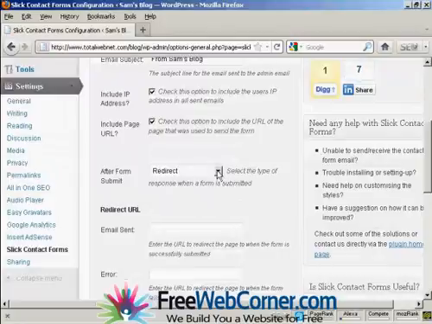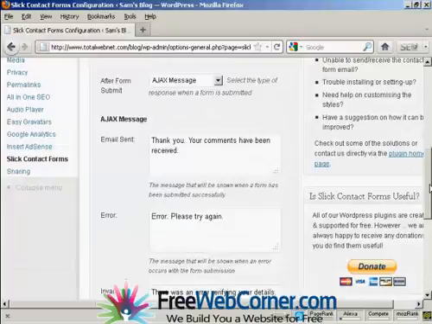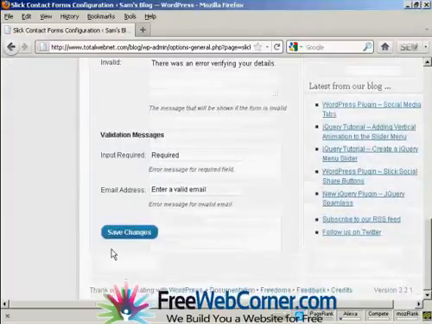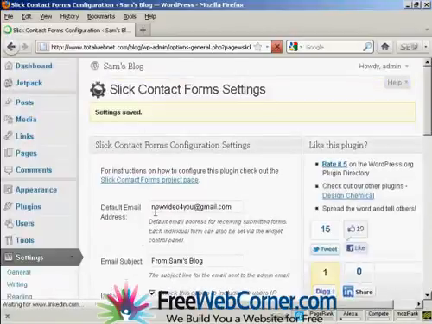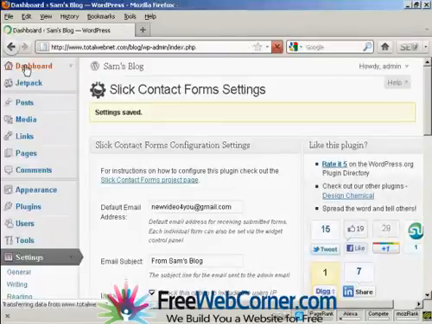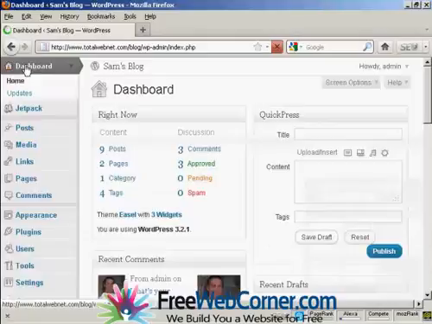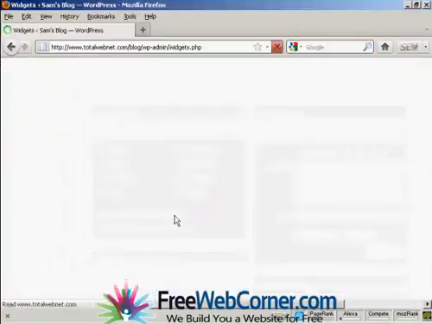I'm going to stick with the AJAX message and then click on Save Changes. And there we go, the settings are saved. So I go back to the dashboard, and then I need to insert a widget into my main page so that the contact form can be activated. So I'm going to click here on Widgets,